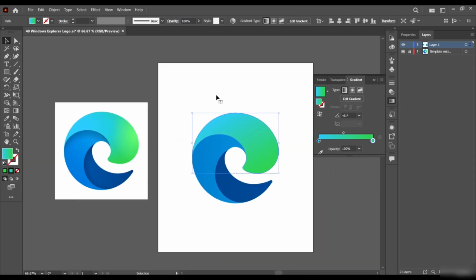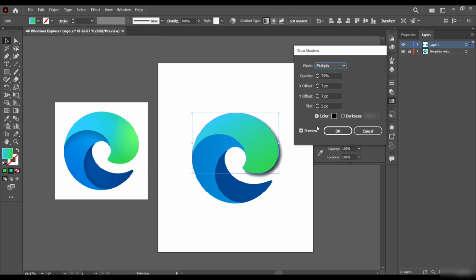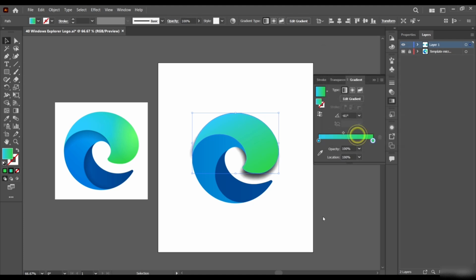Now select the first guy, come to effects, stylize, and then drop shadow. Okay, and now we see where it's facing. Right now we need to bring it to this point, so we're just going to bring our offsets like this. Maybe this guy should go back a little bit. Then maybe let's boost up our blur and okay.